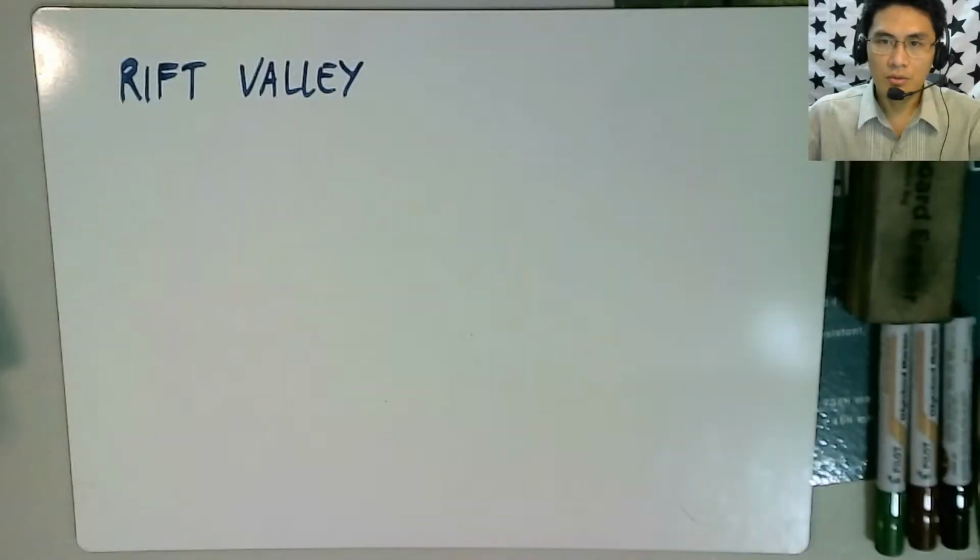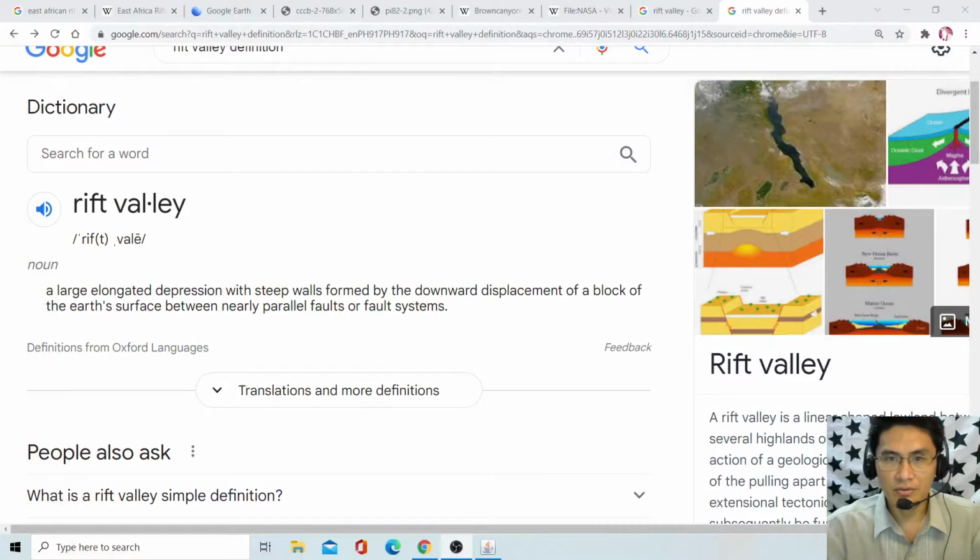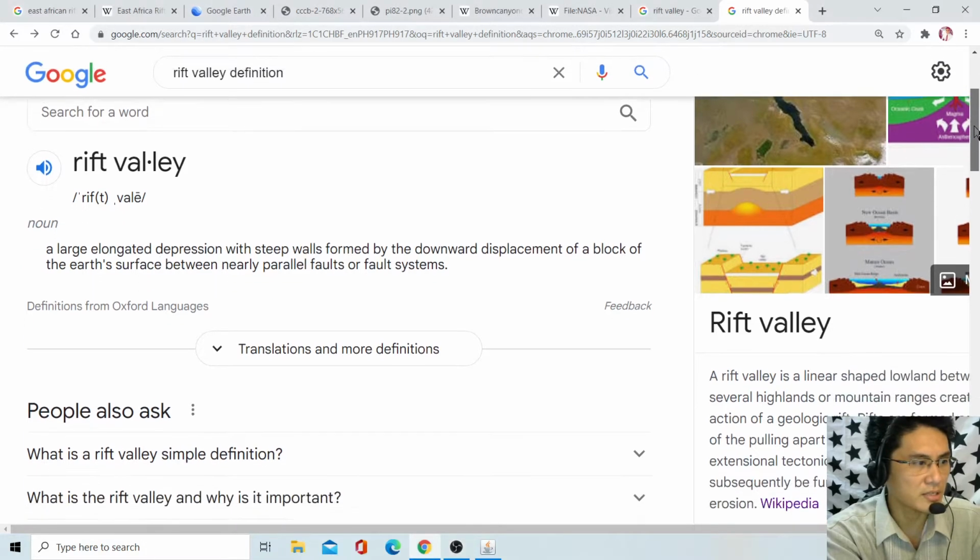Hi, in this video we are going to talk about one of the geological features of the Earth, which is a rift valley. Okay, so first let's look up the definition for a rift valley. So it is a large, elongated depression with steep walls formed by the downward displacement of a block of the Earth's surface between nearly parallel fault or fault systems. Right, quite technical, so let's look for a simpler explanation